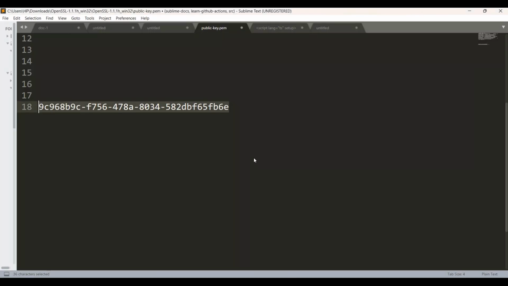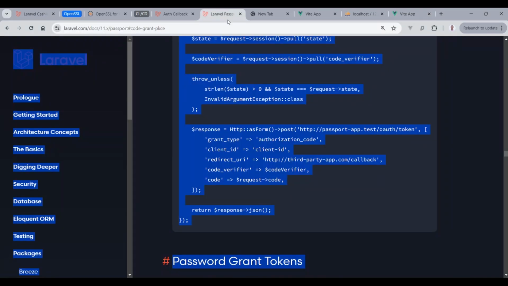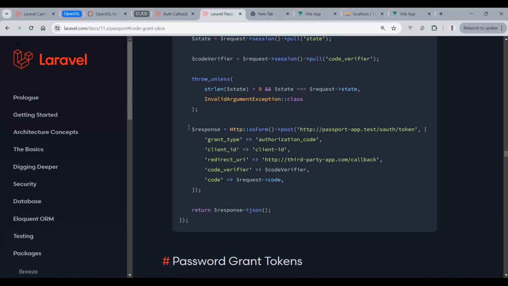I'm going to put it within my Sublime Text. Right here you can see this is the authorization code. It is a long string, guys, and we're going to use it in order to get the access token. And here you can see we need to make a post request to this path and then /token. Now we need to send this data. We need to send the grant type, which is authorization code, the client ID, the redirect URI,